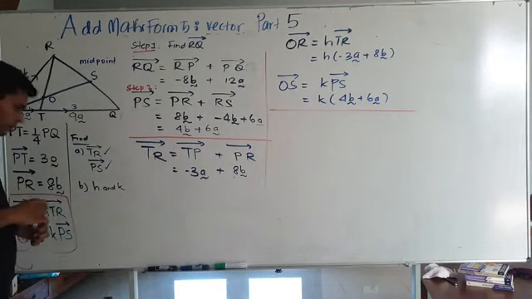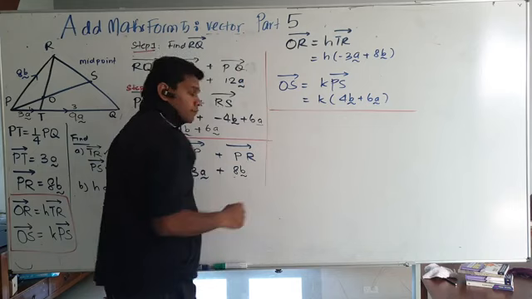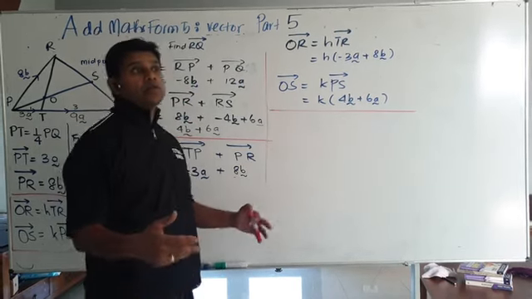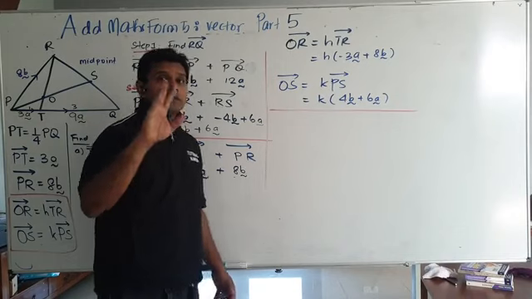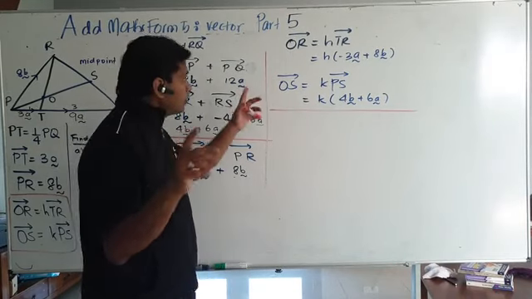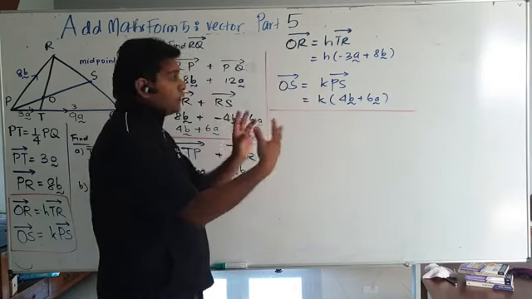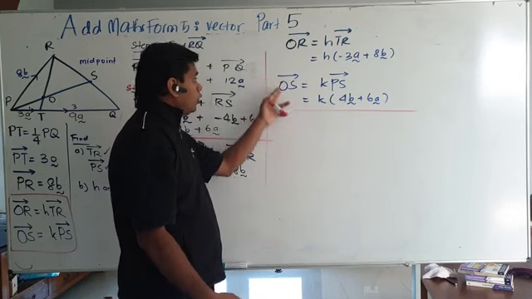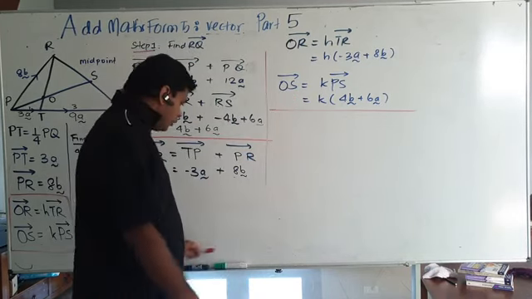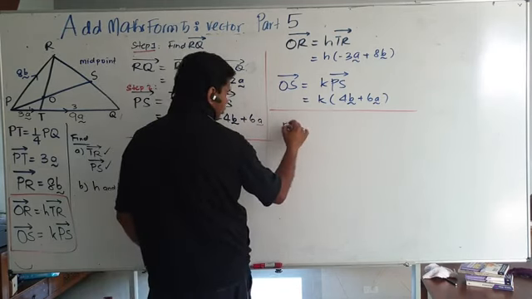You following me? What did I say? Use whatever is given to create a new equation. So how do you know what equation to create? Normally that's where the students get stuck. They're not sure how to create the equation. So the equation is all here. Look at this, O and O, which means if you arrange it properly, the O and O will cancel. What remains? RS, which means your equation should be the RS equation.